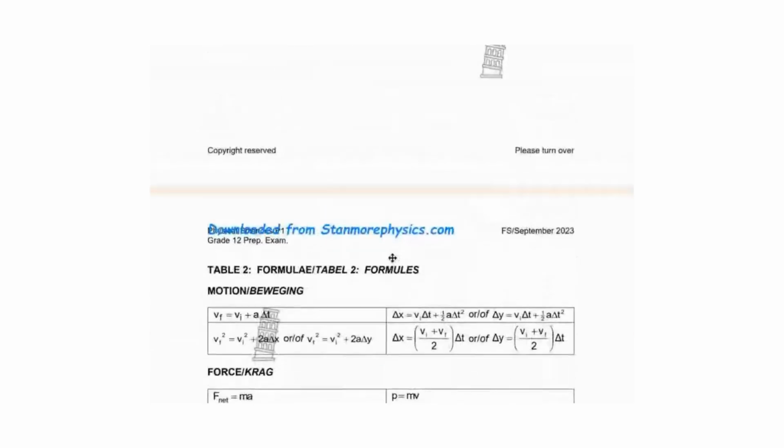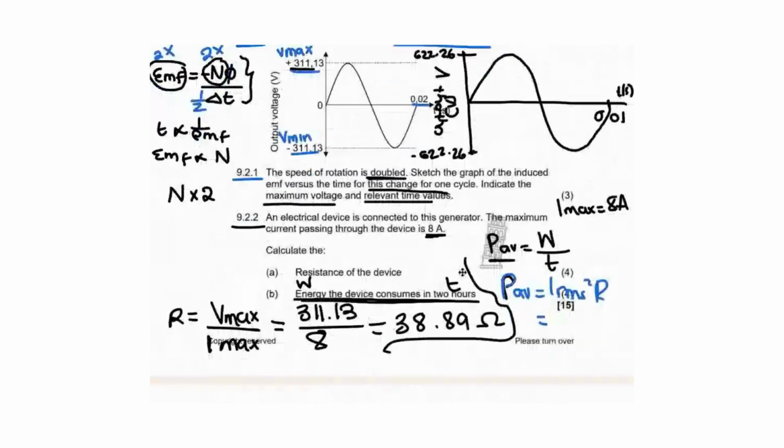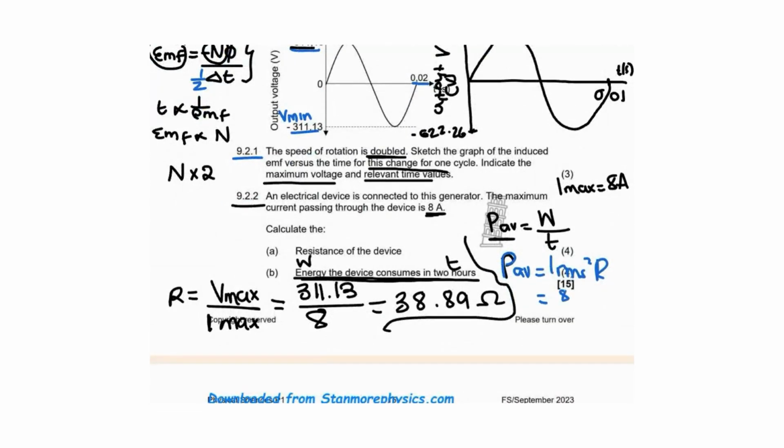IRMS is Imax divided by square root of 2, and we do have Imax, which is 8, divided by square root of 2, and our R is 38,89. I must not forget to square that. Hope that is visible because I'm squeezing them into a very small space. 8 over root 2, squared, times 38,89. That gives me the P average of